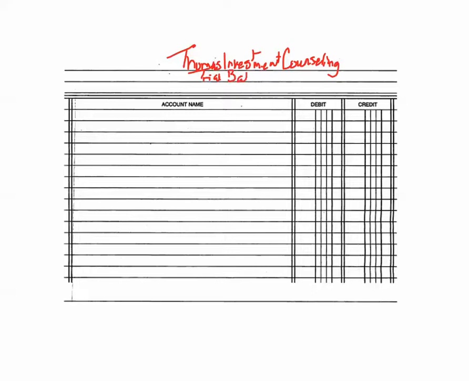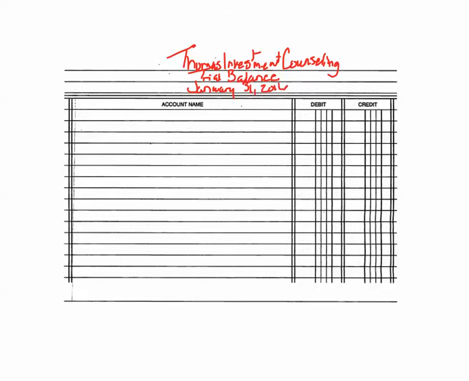Now, a trial balance is sort of an unofficial financial statement. It's nothing that we give to our banker or our board members. It's just a way for us to make sure that all of our accounts are in balance before we start with any of our other procedures, for example, making the income statement. So these are dated the exact day that you put them together. So the date in our book was January 31st